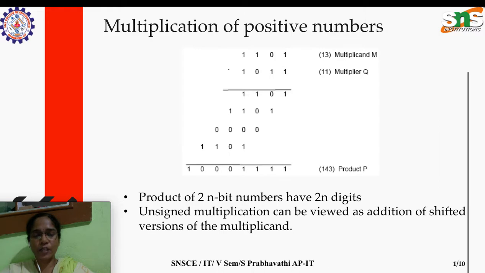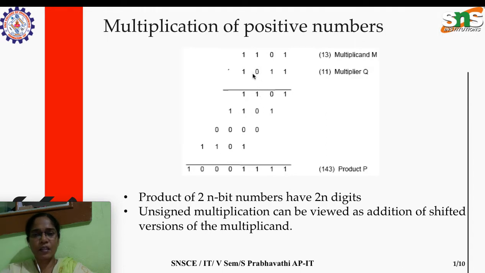Let me have a quick recap with the binary numbers for 13 and 11. The 11 is the multiplier. What we usually do is take a multiplier bit and multiply it with the multiplicand, shifting one bit towards the left each time. Here the first bit is 1, so we multiply this 1 with the multiplicand 1101. That's what we get at the first stage, 1101. Next we consider the second bit, which is also 1, so we shift one position left and repeat the process.